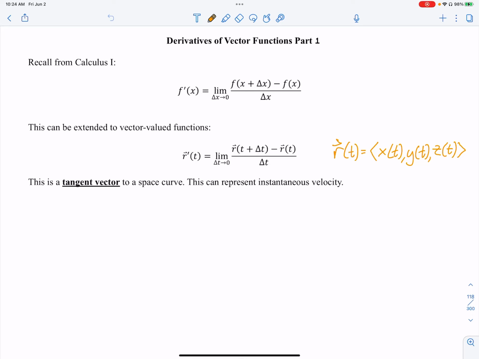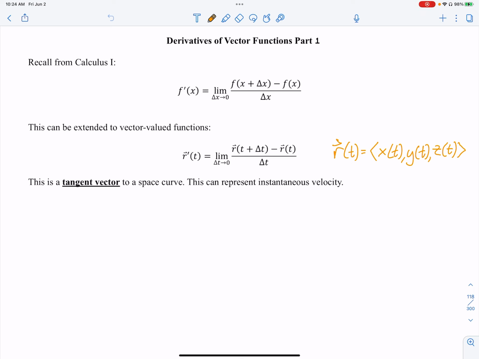In this video, we'll begin our discussion of derivatives of vector functions. The great thing about this, recall from Calc 1, I'm going to show you how this works by using the definition from Calc 1, which I know you guys loved probably at the time. I would recommend looking over that definition again now that your mind is a little more math mature. I would recommend looking at the derivative function